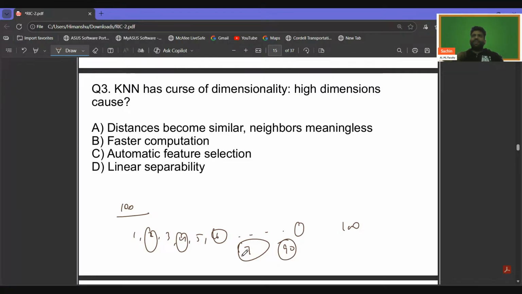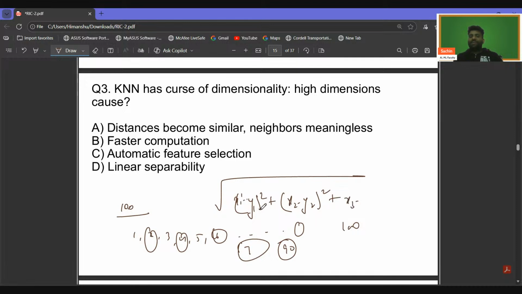The way you calculate the distance, you would be taking something like this: x1 minus... So let's suppose I'm talking about the first point. Let me just write it like this. x2 minus... So let's suppose x and y were two data points, and I'm calculating the distance between them. And these x1, x2, x3 are just dimensions of that x data point. Now just think about this. The way we are calculating,